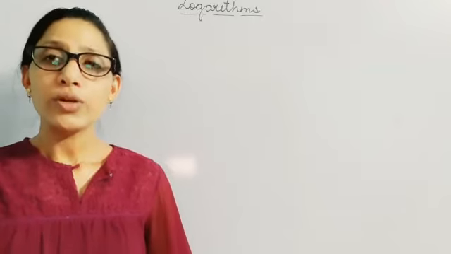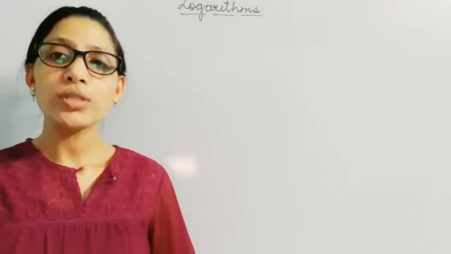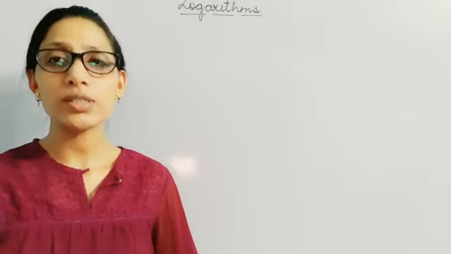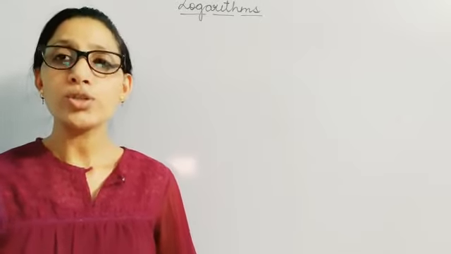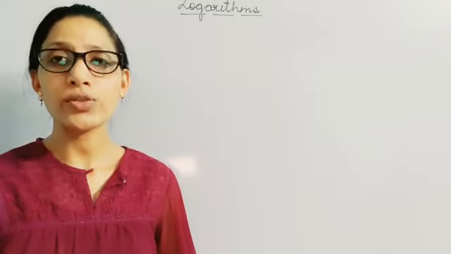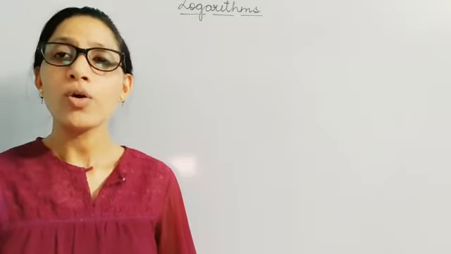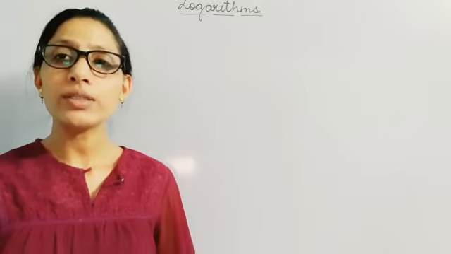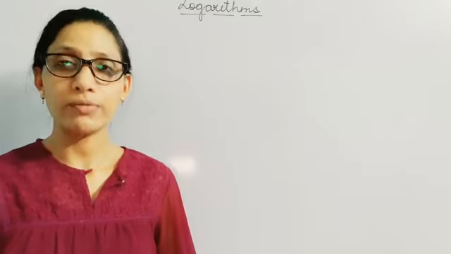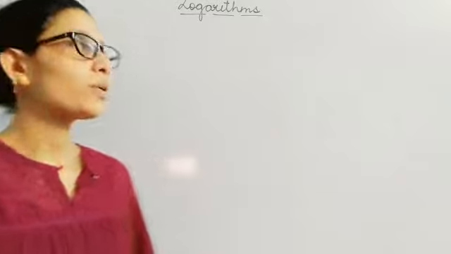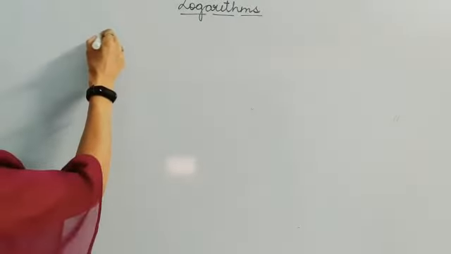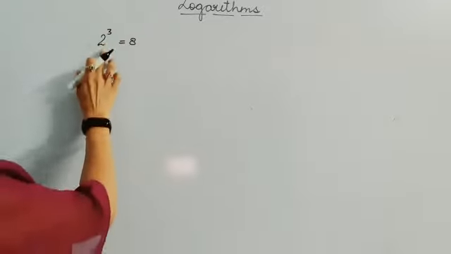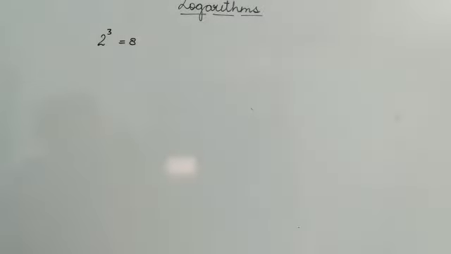Children, the logarithmic table is used to make complicated calculations simple, and it is used when we get the question in raised to power form or in exponential form. Let's see how we can convert the given exponential form into log form. Let's suppose you are given 2 raised to power 3, which is equal to 8. So this is the thing in exponential form.